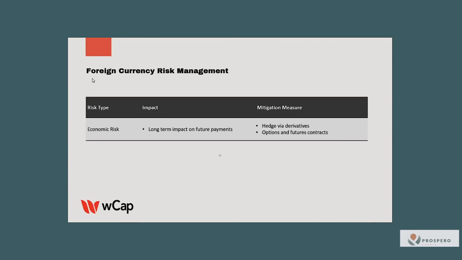The next kind of risk is economic risk. This comes about with changes in the value of your foreign currency or interest rates, and it affects future payments, especially on a long-term basis. A risk mitigation measure that you could put in place is to hedge against currency and interest rate changes using